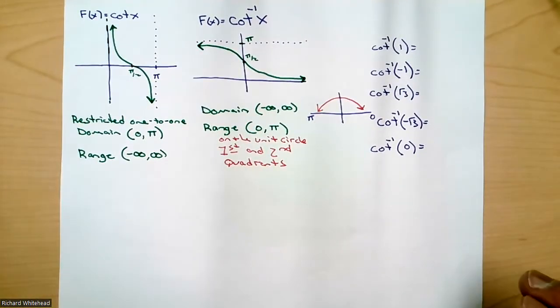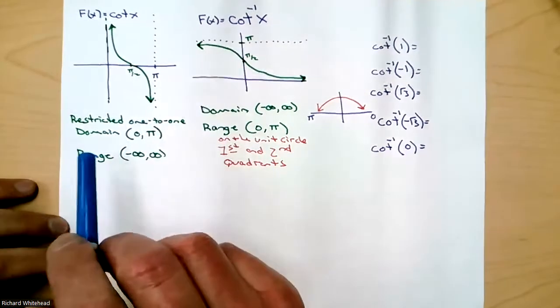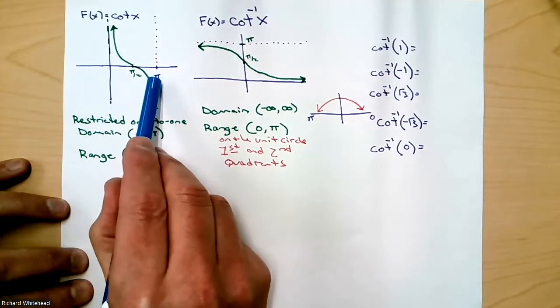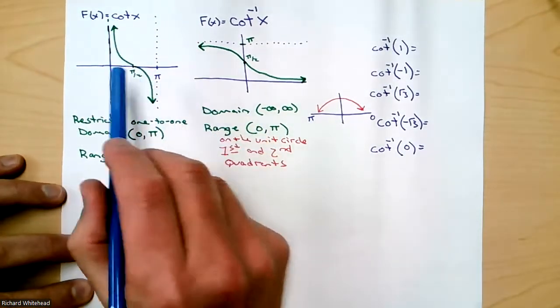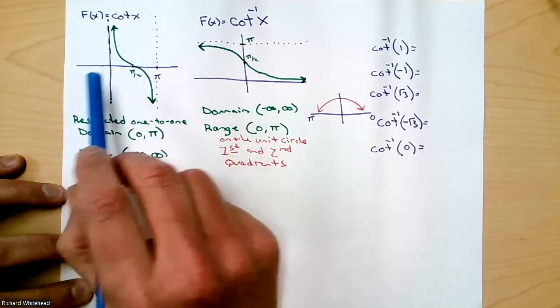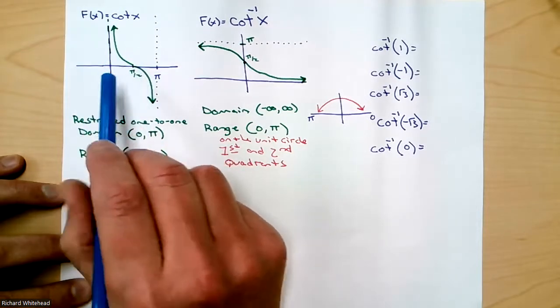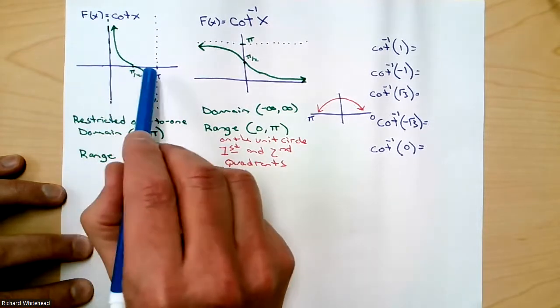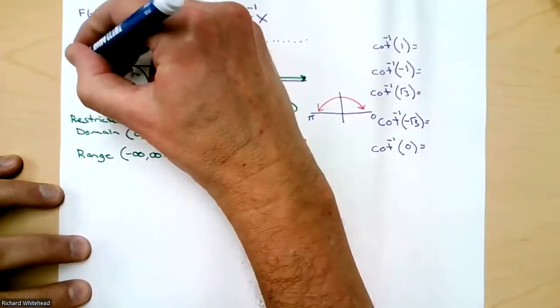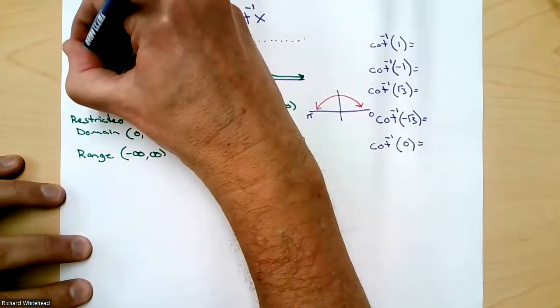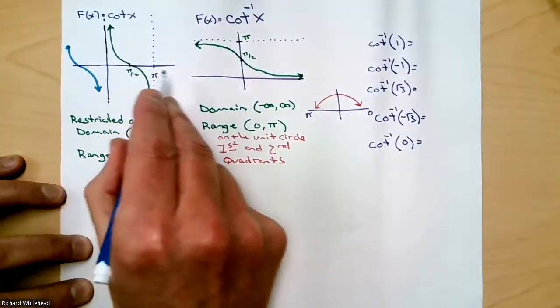Okay, so if you're actually checking all this out, this is the last one. The cotan. All right. So you know how to graph good old cotan graph. It's just a series of these curves. The domain of the cotan graph would be all real numbers, except we have to exclude the asymptotes. So if I've just got a series of these curves, which are just going on for infinity, just over and